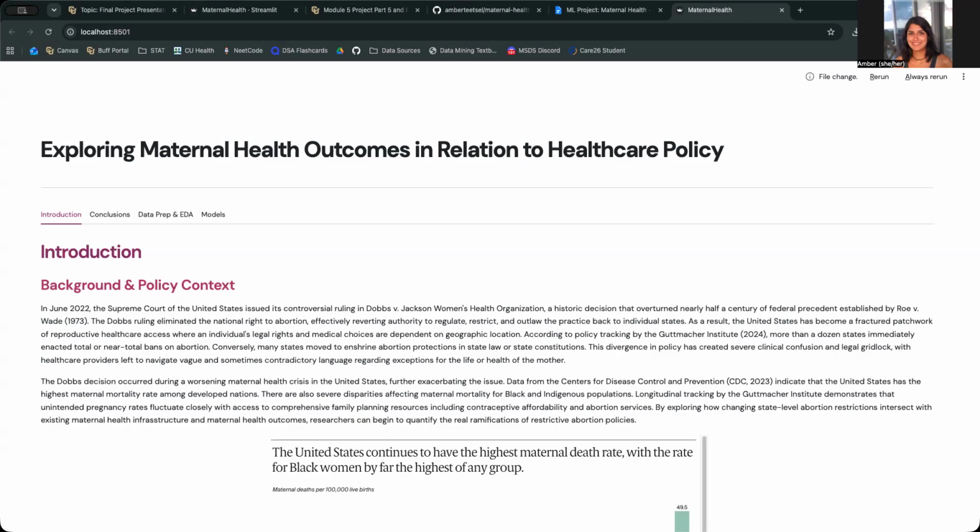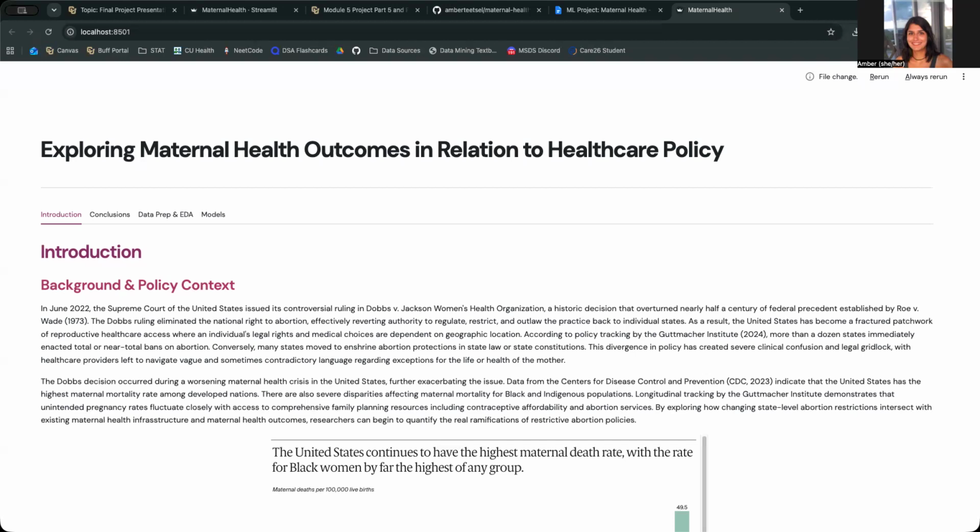My goal was to move past political rhetoric and my own internal biases about the issue and look just strictly at the numbers to see if we could draw a clear conclusion on whether a state's legal restrictions on reproductive health care are fundamentally connected to the physical well-being of its citizens and specifically its mothers.